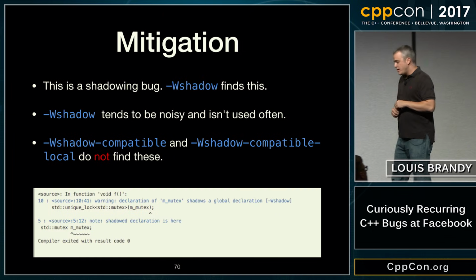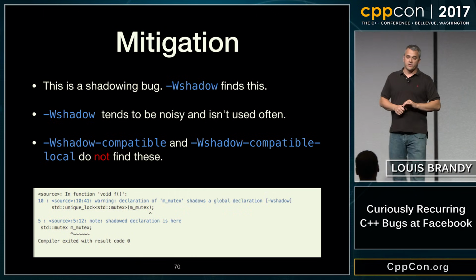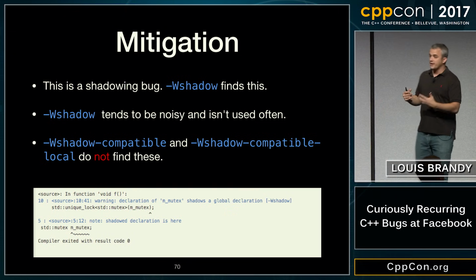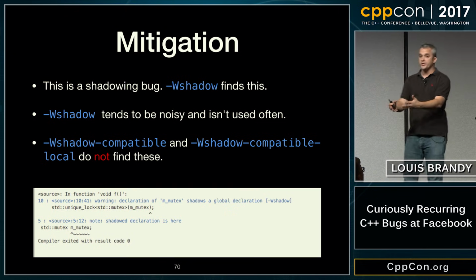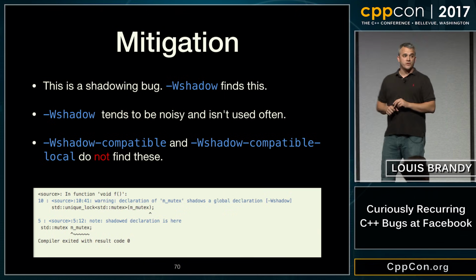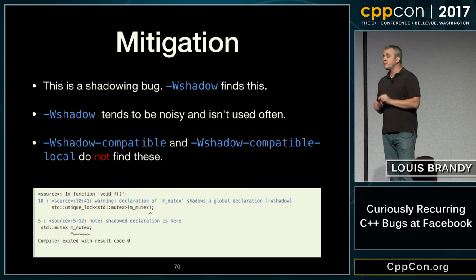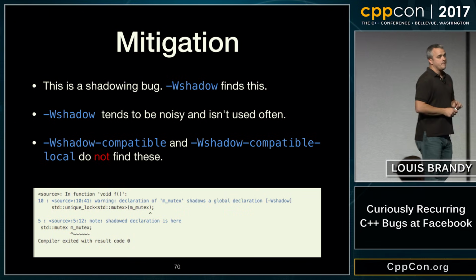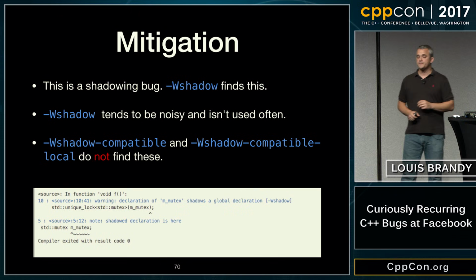All right, so mitigation. -Wshadow, at least in GCC and Clang, is a warning that's been around a while. It absolutely detects this. Shadow tells you about shadowing warnings. That's when you have a variable in an inner scope that shadows a variable in an outer scope, it will warn you. And if you put this particular pattern in and you turn on -Wshadow, it will absolutely find this bug. The problem, of course, if you've ever used -Wshadow, is it's extremely pedantic. It almost always gets turned off. It's full of noise and things that you probably don't want to fix and makes the code maybe worse.